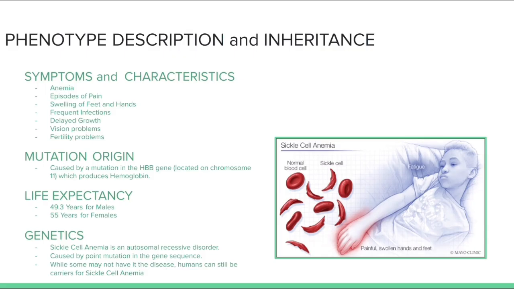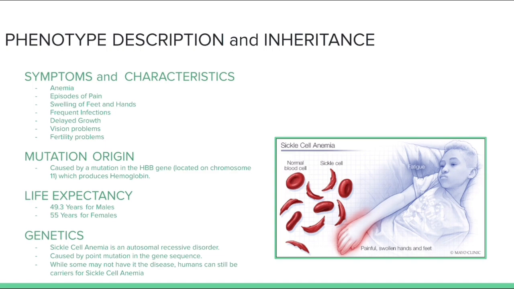Phenotype description and inheritance. Some symptoms and characteristics of sickle cell anemia include anemia, episodes of pain, swelling of the feet and hands, frequent infections, delayed growth, vision problems, and fertility problems. Sickle cell anemia is caused by a mutation in the HBB gene, which is located on chromosome 11 and is